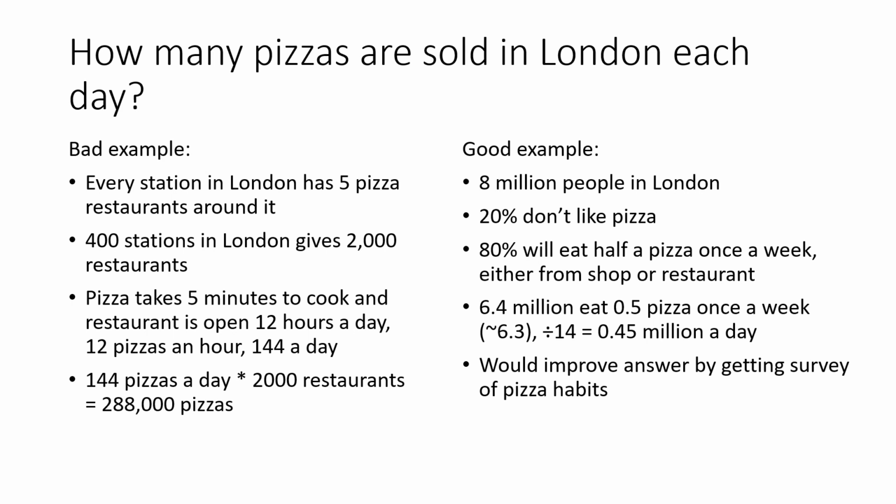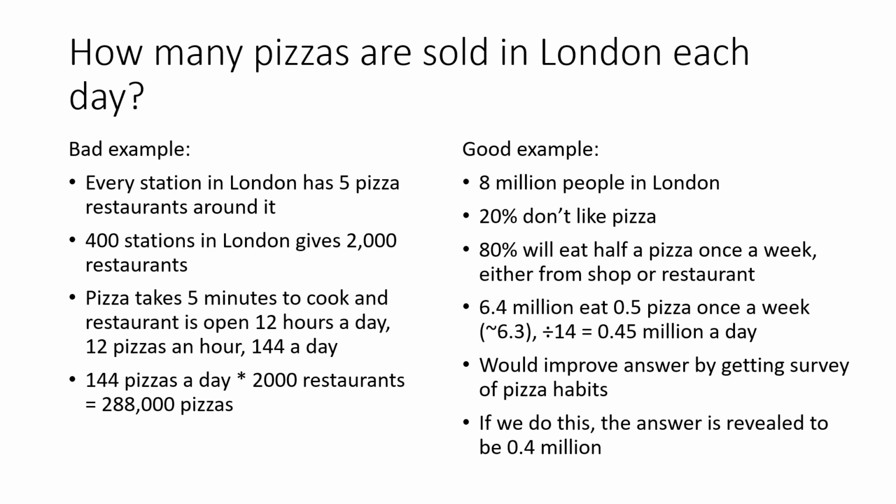And so when I searched this up, I found a survey from the UK in 2019 showing that 14% of people eat pizza less than once a month, which we can neglect, and the other 86% eat pizza on average once every 15 days. As a result, we can adjust our numbers. 14% is almost 12.5% or 1/8. So 1 million people out of 8 million in London do not eat pizza or only eat it very rarely. Of the 7 million who do, they eat one pizza every 15 days. So our answer is 0.4 million per day, showing we were close and just had to adjust our final numbers.